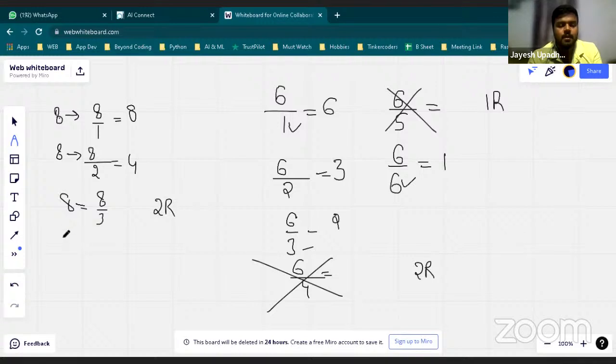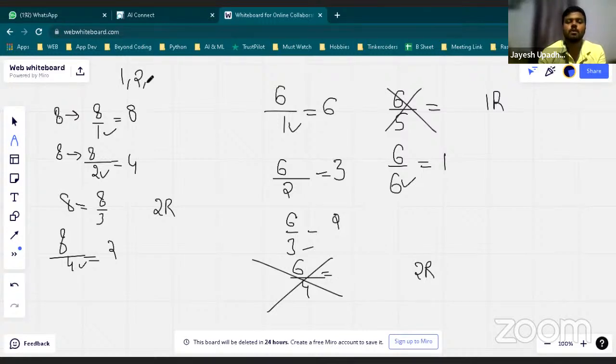Now 8 by 4 करा, you will not get a remainder, answer आएगा, that will be 2, so this will be a factor. इसके बाद आप 5 के साथ ट्राई करोगे, then you will get the remainder. 6 के साथ भी remainder मिलेगा, 7 के साथ भी मिलेगा, और 8/8 होगा तो तब factor होगा। तो those who have written like this, 1 2 4 और 8, so your answer is correct. आप लोग के सबके आंसर करेक्ट है जिन्होंने ये लिखा था 1 2 4 8 अपनी नोटबुक्स में, राइट।